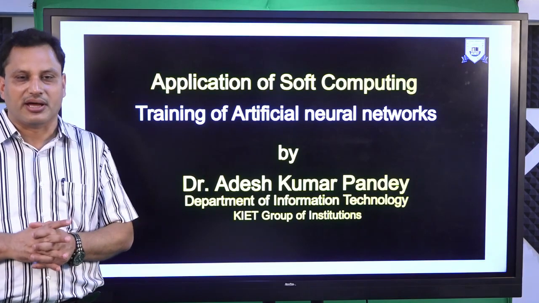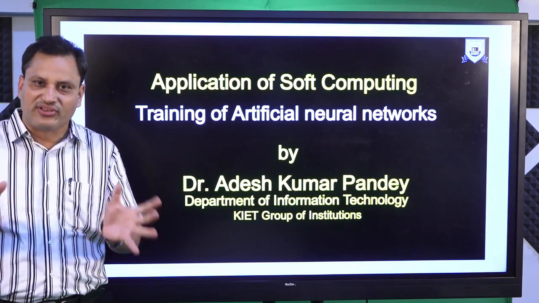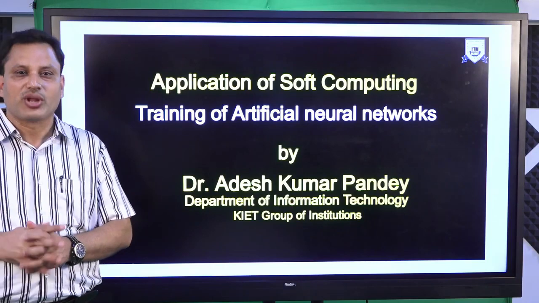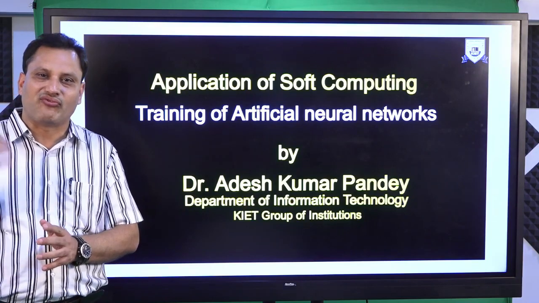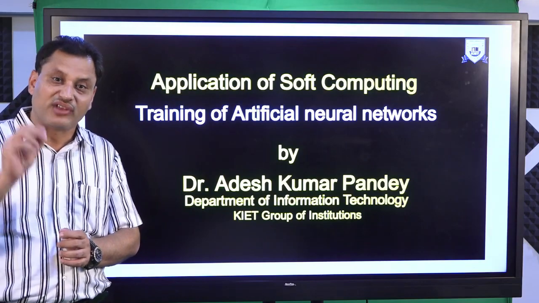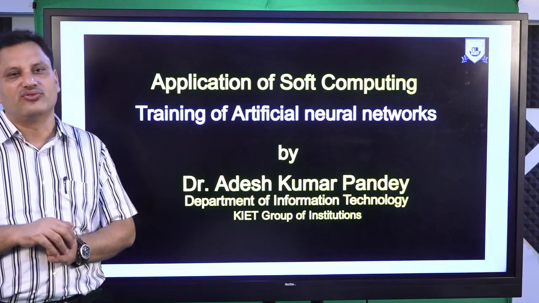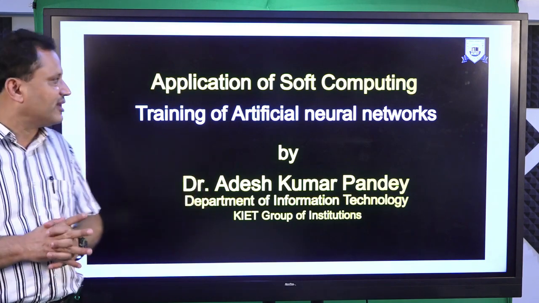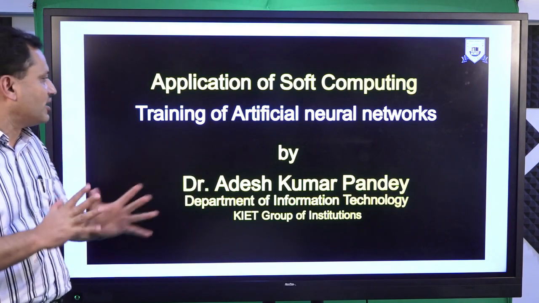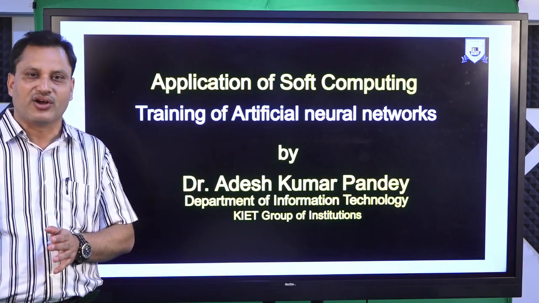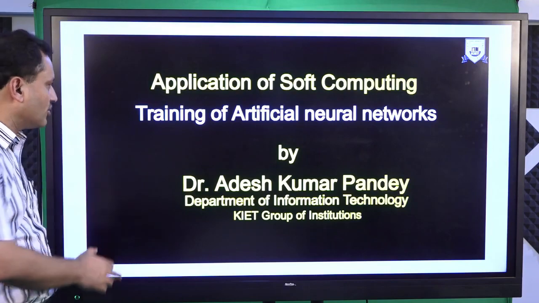Somebody else has seen the problem earlier, and on the basis of that, we can learn something. In the third situation, parents are not available and environmental factors are also not available. Purely, as a kid, we are doing experiments, and by doing experiments, we are learning. So I think I have set the agenda of today's lecture, training of artificial neural networks. We established an analogy between the learning of a child and the mathematical models.